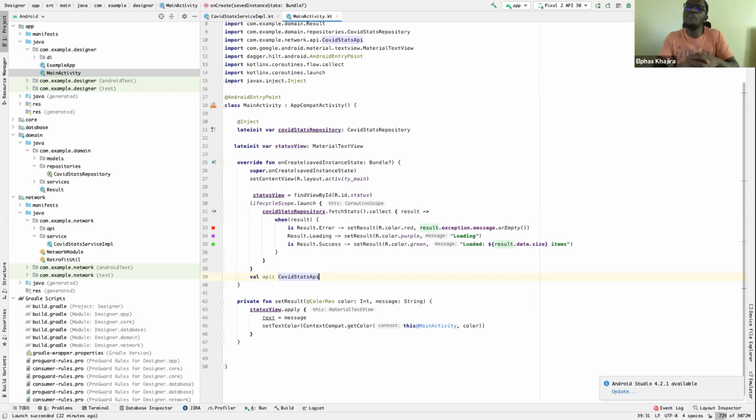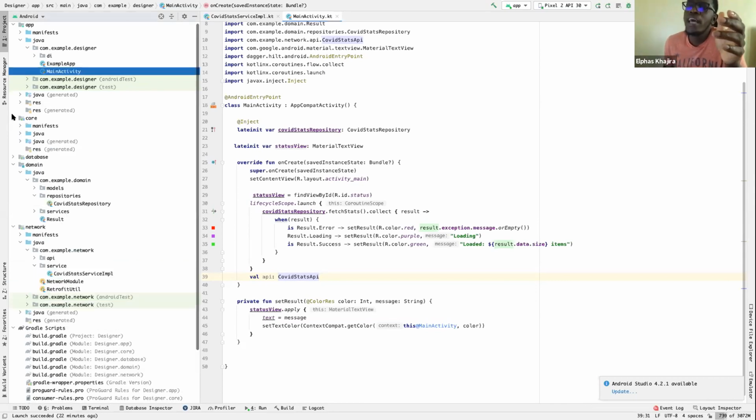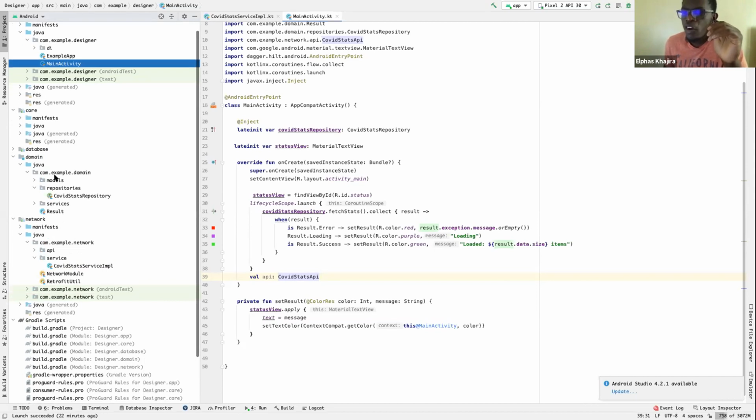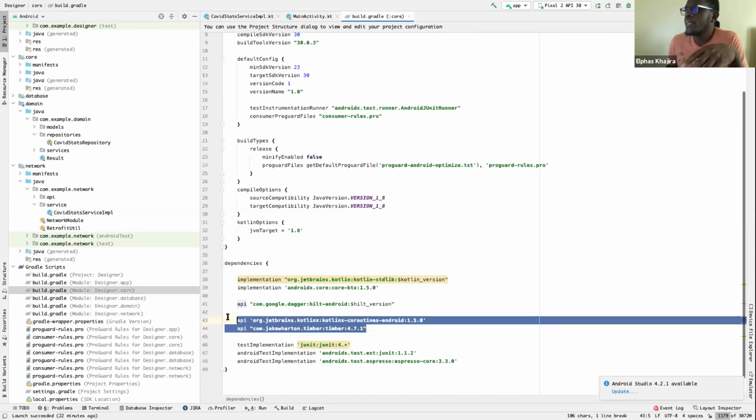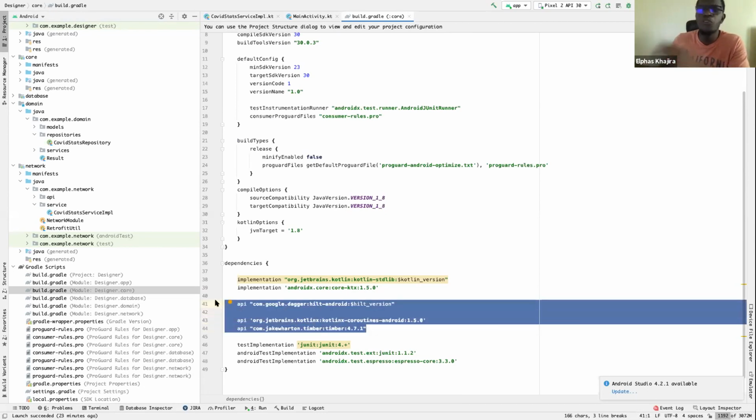What is the purpose of having the core module? Okay, in this scenario, the only reason I used the core module was for a demonstration. I have just used it to define my dependencies for Hilt and Timber and coroutines.